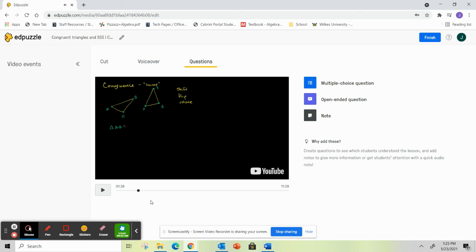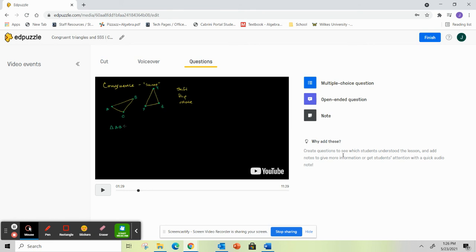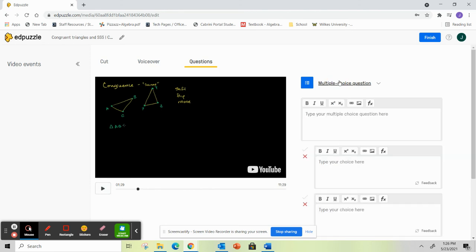find a spot where you'd like to add in a multiple choice question, open-ended question, or note, you can make sure your little circle is hovering over the correct spot at the bottom. And then I could choose any of these three options and you can add them in at any point that you like. So if I click multiple choice question, you can type in your question here at the top,